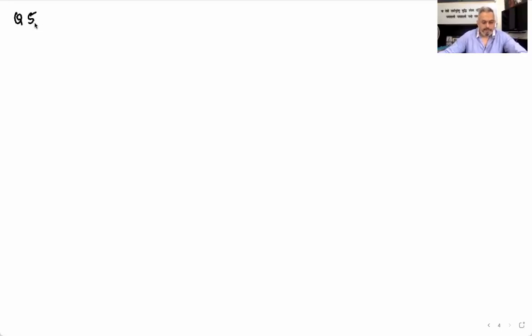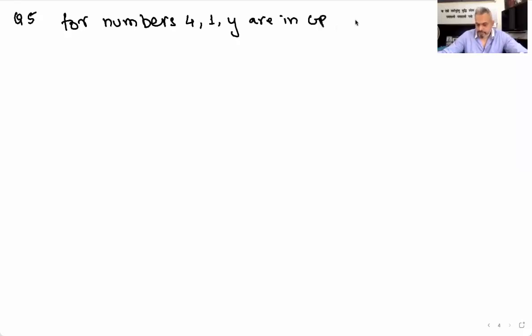Question number 5. For numbers 4, 1, y are in GP, find y. Now it's very simple. Okay, the numbers in GP are 4, 1, y. So T1 is equal to A, which is equal to 4. R is equal to,